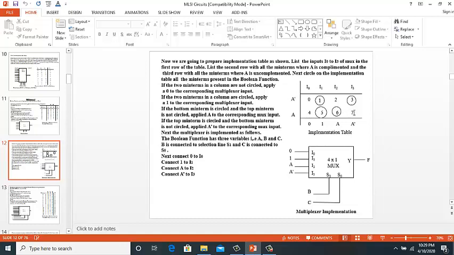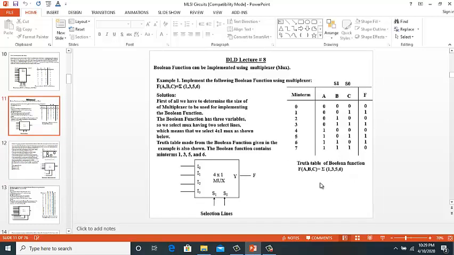Now once we have done this, we have to circle all the minterms which are given in the Boolean function. So we note that in the Boolean function we have minterms 1, 3, 5 and 6.